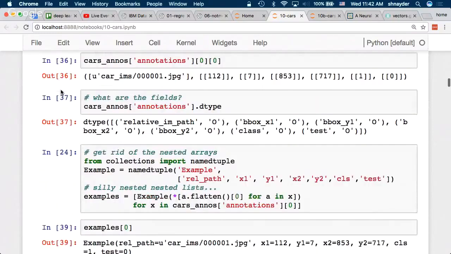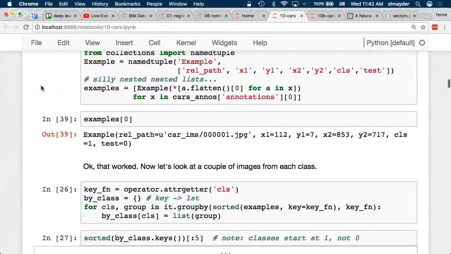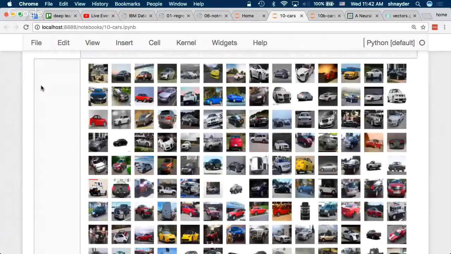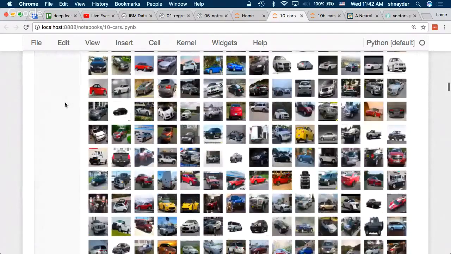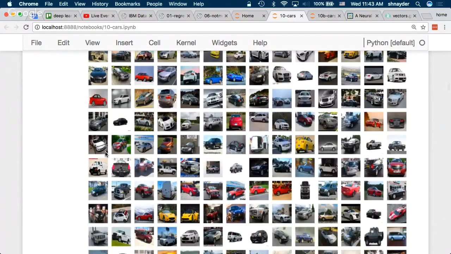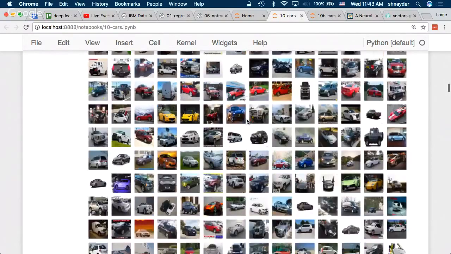The data set actually has bounding boxes for the images. I decided to ignore that to make my life harder, pretend I didn't have that. Now you can plot one example image from each class. So here are our cars. Again, it gives you a sense of the variability: funny product marketing shots, sunset shots, stuff on the roads, stuff parked. Here's a van from behind, et cetera.